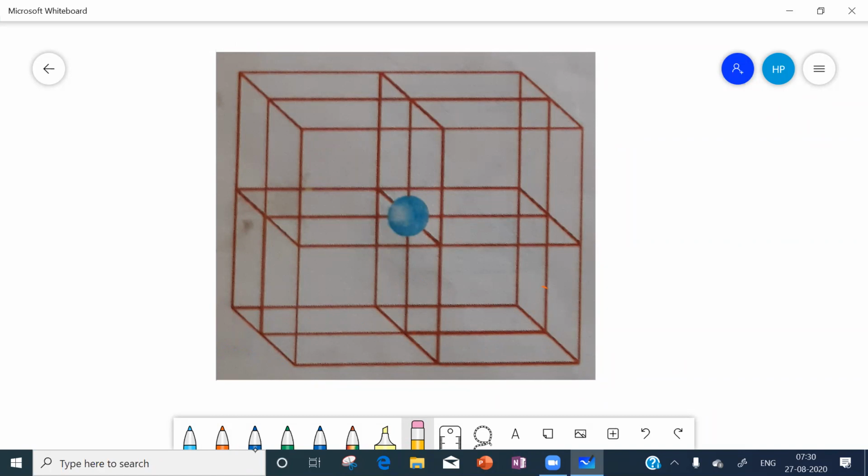Because we discussed that in the HCP and FCC lattice, tetrahedral voids and octahedral voids are possible. Now this is the FCC unit cell, and in this FCC unit cell, we want to say octahedron.